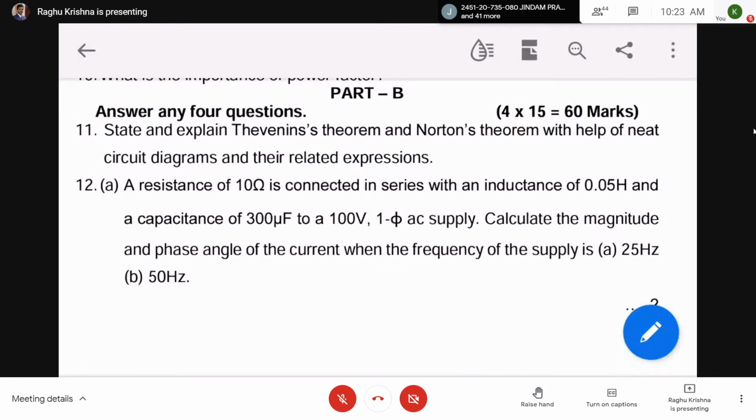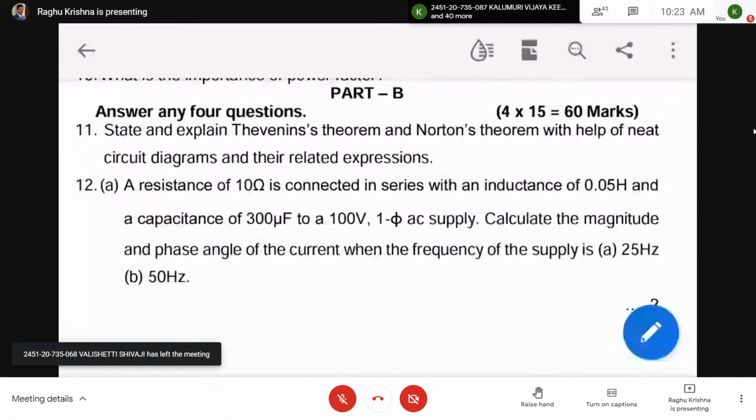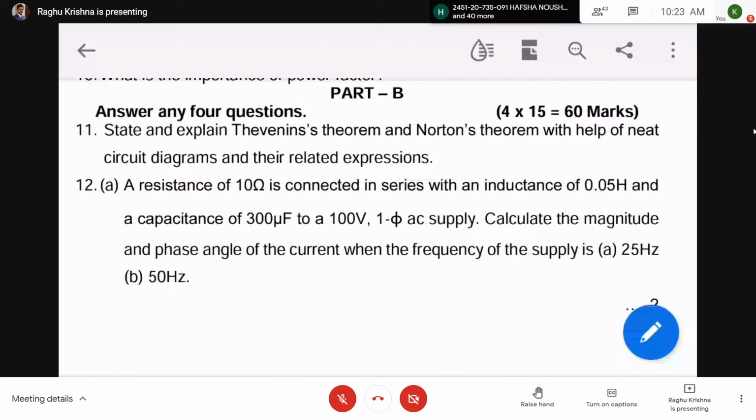Okay, here you have to calculate first. You have R. You have L. L means you have to calculate XL. Then you have to calculate XC. Z equal to R plus JXL minus JXC. Is it clear? Z equal to R plus JXL minus JXC. What is XC? Capacitive reactance, which is given by 1 by omega C. Okay, you are going to get Z.